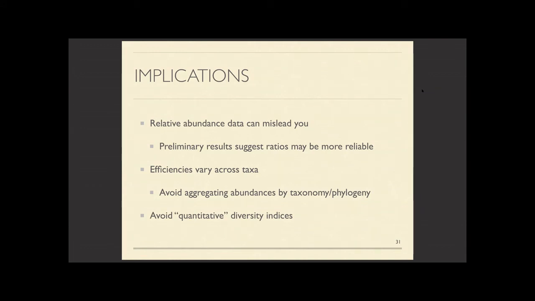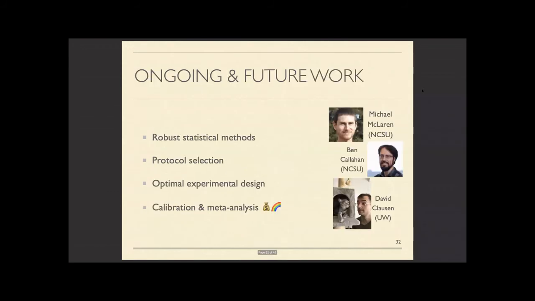And I would say one final thing, and it pains me, folks who've seen me talk before in the last few years will notice that it probably pains me a lot to say this, but quantitative diversity indices like Shannon diversity and Simpson diversity and UniFrac, which all take sample relative abundances as input, are not estimating something that is a component of the actual underlying community. They're estimating some confluence, again, of biology and sequencing. So I'm moving away from quantitative diversity indices because they're not estimating something associated with the community free from bias associated with sequencing.